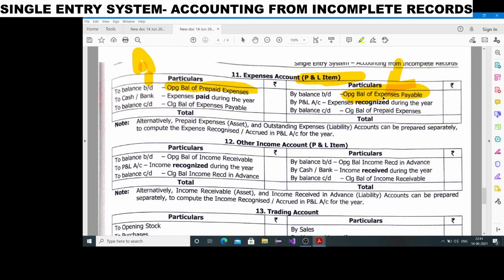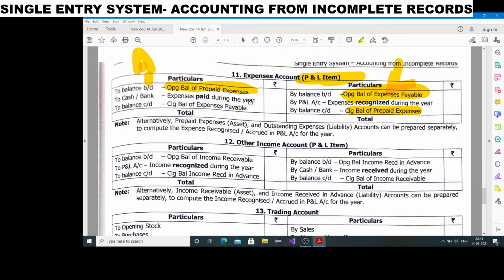So we record it on the liability side of the balance sheet as outstanding loan or outstanding wages, for example. Any amount which is prepaid is shown on the debit side, and the payable outstanding liability balance is shown on the credit side. So from here we can find the closing balance,